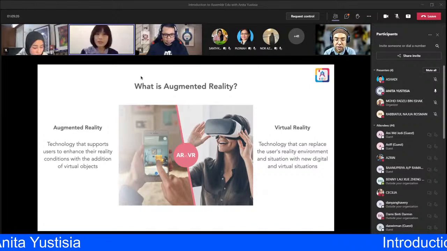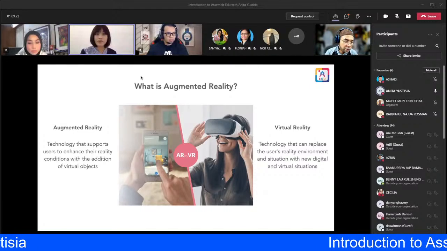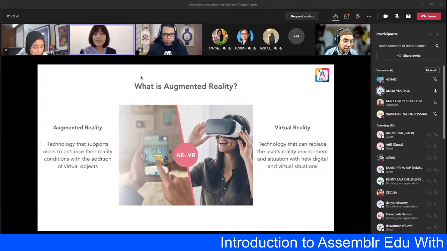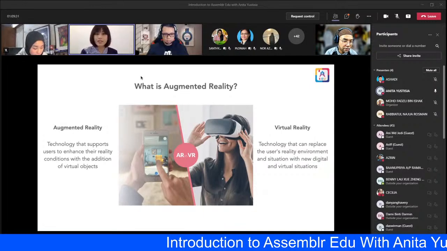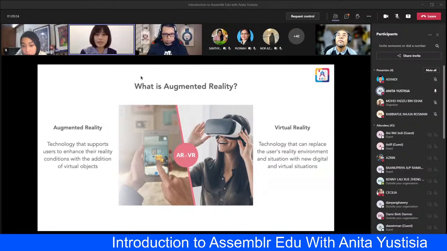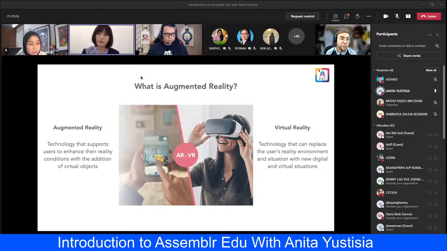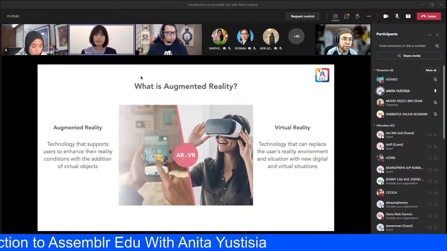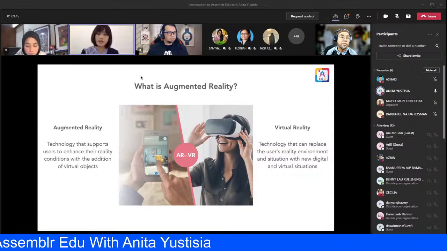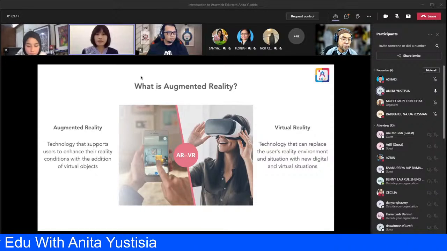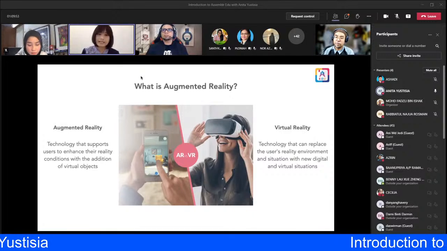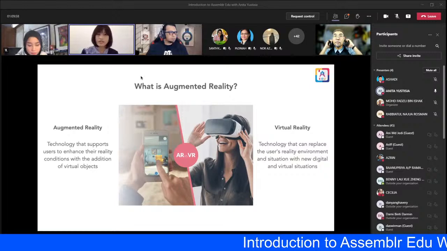Augmented reality is a technology that supports users to enhance their reality conditions with the addition of virtual objects. As you can see on the left side of this image, a person is holding a smartphone, and inside that smartphone there's a yellow sofa, a yellow chair. That person can move the sofa and the chair around. Meanwhile, he can still see the real world situation using his camera. So he's placing a digital object inside his camera using just his fingertips. And